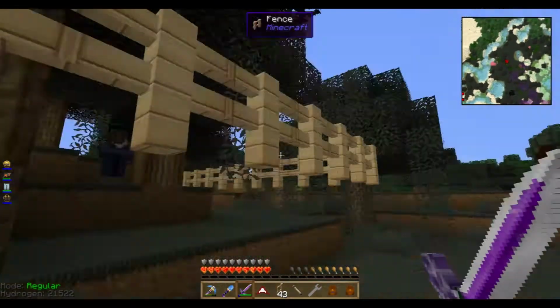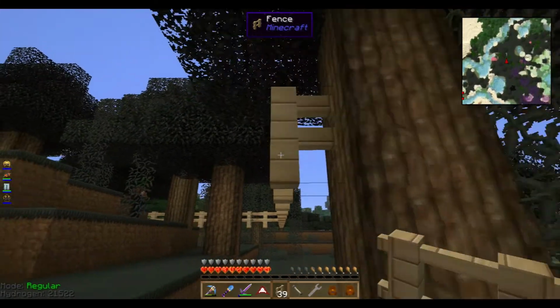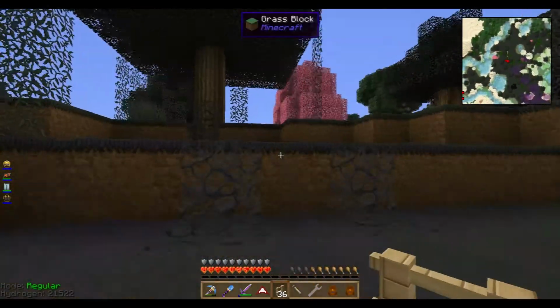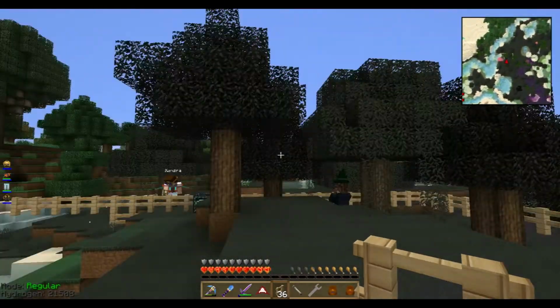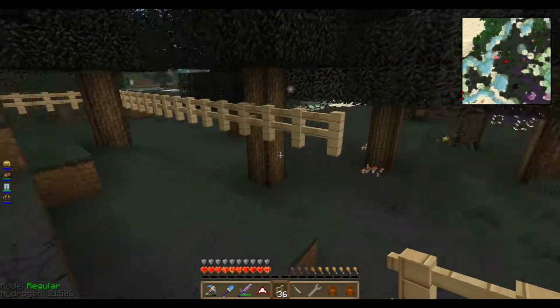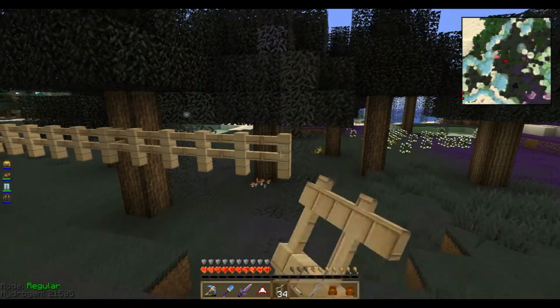So this thing can take any sized area, basically, and mine it out using a fence boundary. Then we're going, which way? Then the other way. Back towards the, yeah, that way. We won't do a huge one to start because...